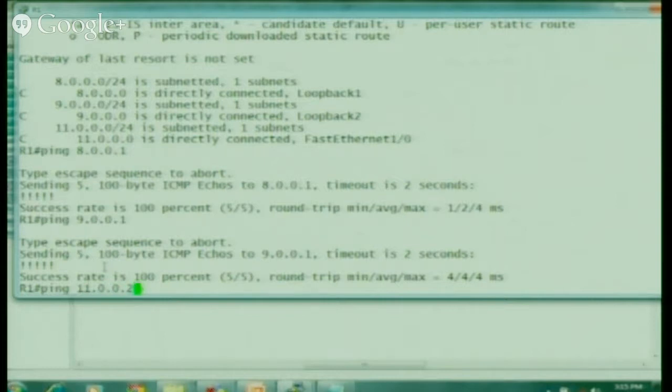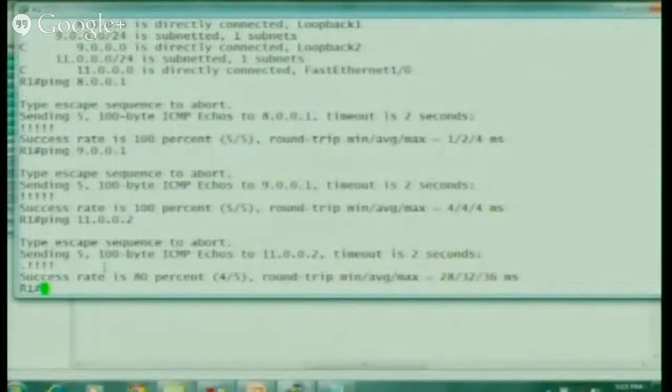Now let's try for 11.0.0.2. Will it go or not? How many for yes and how many for no? Come on, मैंने पहले ही बोल दिया it will ping. Okay, फर्स्ट टाइम आर्प किया उसने, इसलिए एक पैकेट ड्रॉप आया।